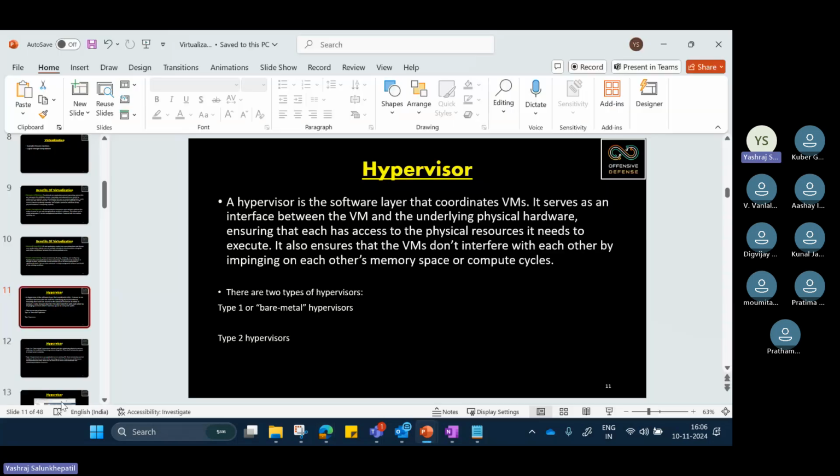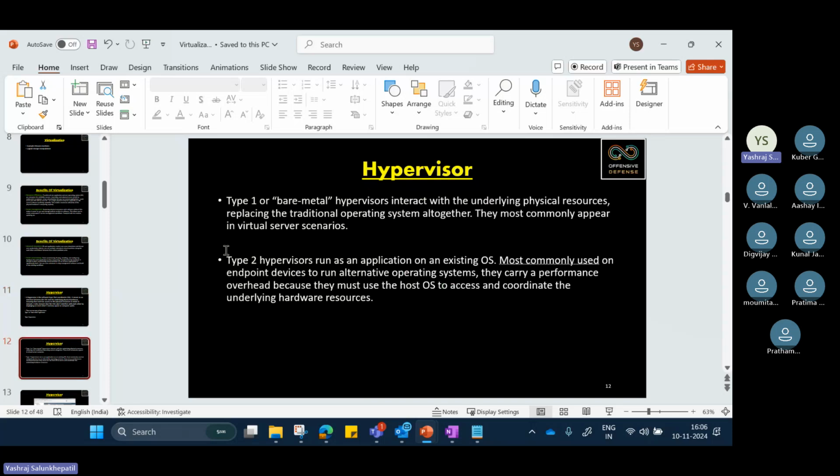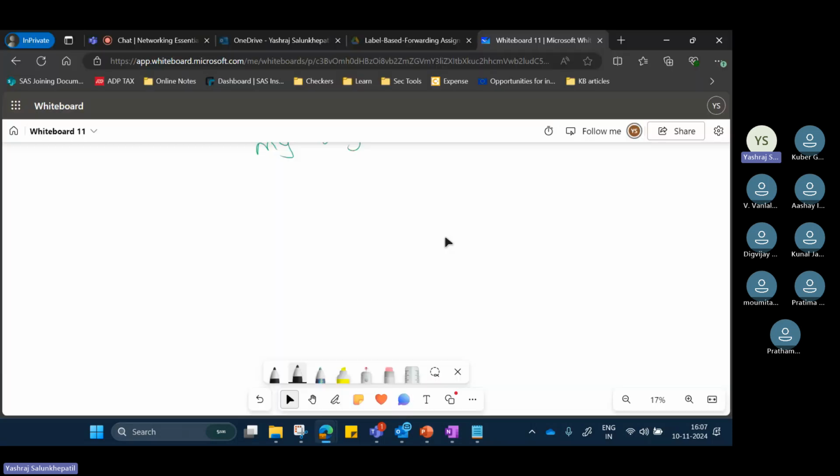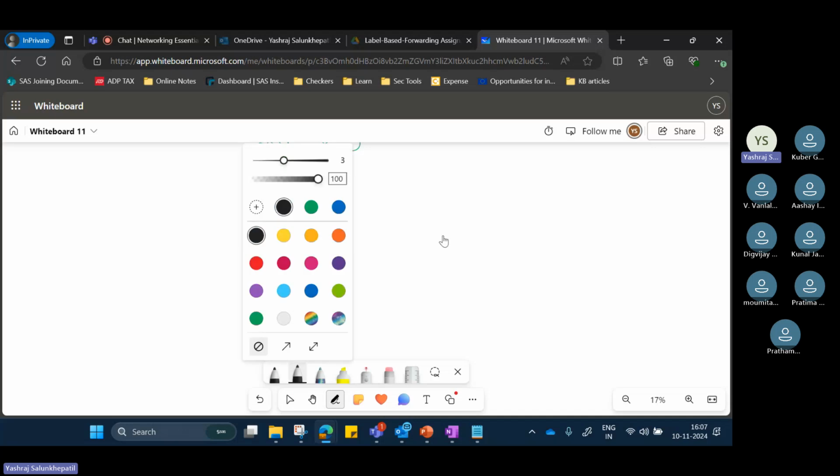Okay, last topic for today. There are two types of hypervisors: type 1 or bare metal hypervisors, and type 2 hypervisors. Type 1 or bare metal hypervisors interact with the underlying physical resources, replacing the traditional operating system altogether. They most commonly appear in virtual server scenarios. Type 2 run as an application on the existing OS, most commonly used on endpoint devices to run alternative operating systems. They carry a performance overhead because they must use the host OS to access and coordinate the underlying hardware resources. And to show you an example,